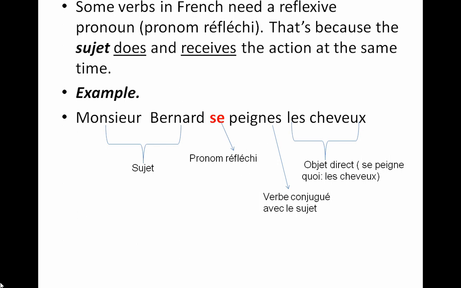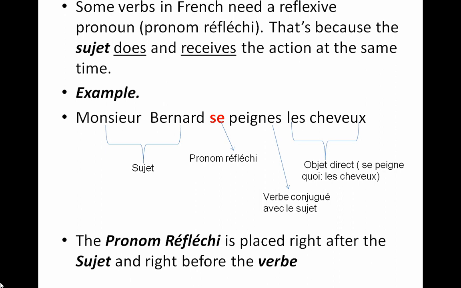Okay, so usually the pronoun réfléchi or reflexive pronoun is placed right after the subject and right before the verb. So like I said, here you have your subject and then there's the verb right here, and right here you place your pronom réfléchi. Okay,